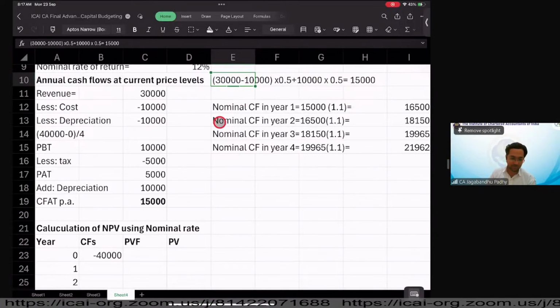10,000 into 0.5. We have added half only because ideally 10,000 is not your cash flow. Depreciation is not a cash outflow, right? So you add back only half of it. Even over here, we subtracted 10,000, we had the tax saving on it, and then we added back the depreciation. So basically, I'm getting a cash inflow due to the tax saving only. There is no cash outflow of depreciation as such. Okay, sir, understood. Thank you, sir.